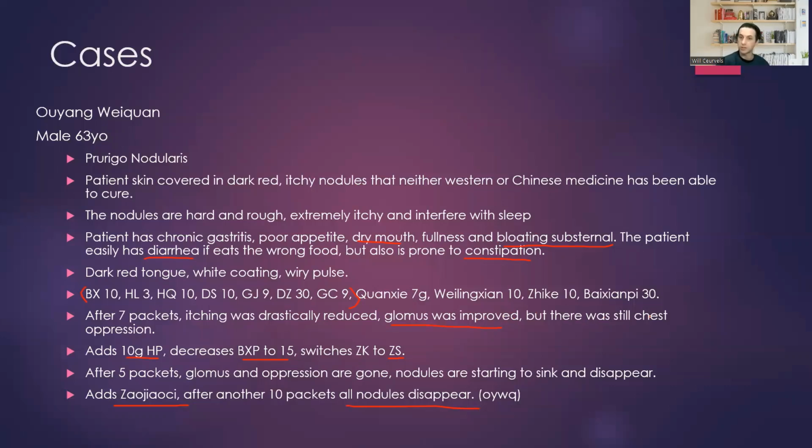Now he says there's still chest oppression. So also, again, like we said, the chest and the substernal area are sort of this area out of which Ying and Wei moves to the surface, right? So if that chest is also feeling blocked, well, same deal. You need to open that up too. And so he uses Hopu and Zhishi